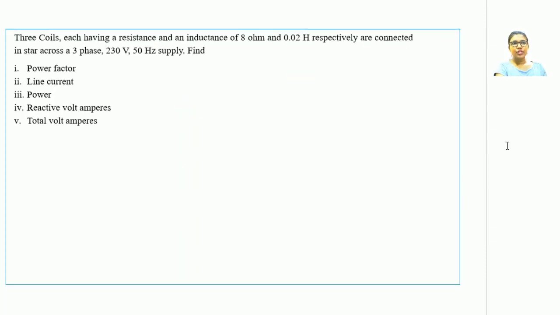So this is our first numerical. Before I begin with this numerical, I will be informing you one thing, that in this video lecture, I'll be solving 7 numericals based on 3 phase concepts comprising of star connected load as well as delta connected load. So these are different varieties of questions that one can come across. I hope whatever doubts you have regarding the star and the delta connections might get cleared after the solving of the numericals.